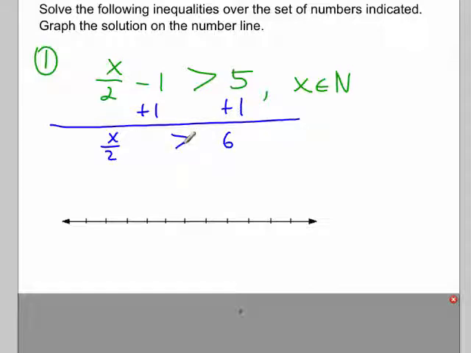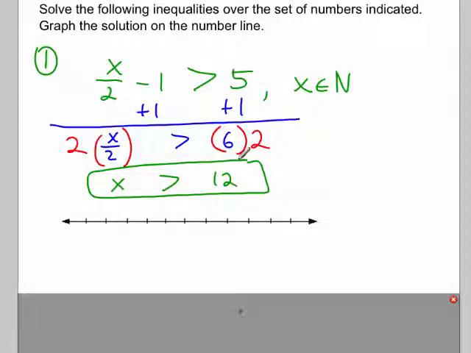So I leave my sign the way it was. The next thing I need to do is multiply both sides of the equation by 2 to isolate x. And if I multiply both sides by a positive number, as shown in my previous discussion, I know that the new statement remains true, and I don't need to reverse the sign to keep it true. So there's my